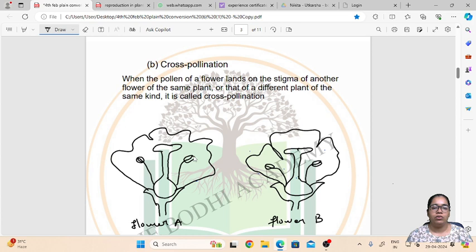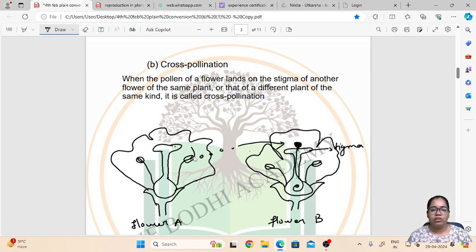So what happens over here, this anther will not land on the same stigma and fertilize it. So what will happen is there will be pollination, wherein the pollen grains from these flowers will travel to the stigma. This is the stigma of flower B, and then it will settle on the stigma of flower B, and then it will fertilize and form the seeds